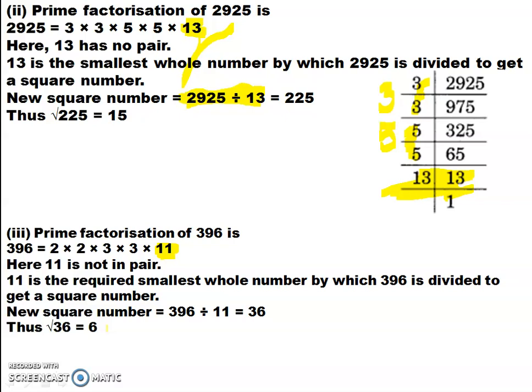So these two concepts are the main topic dealt today. That is, find the smallest number which is to be multiplied and find the smallest number which should be divided from the given number. So learn the concepts clearly, attempt the review test and send your papers.